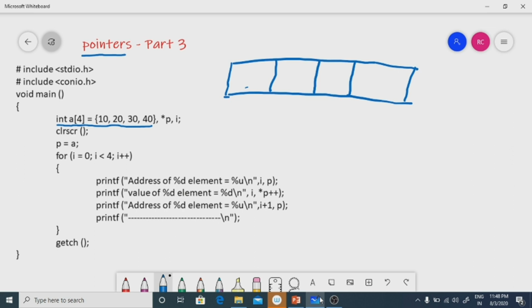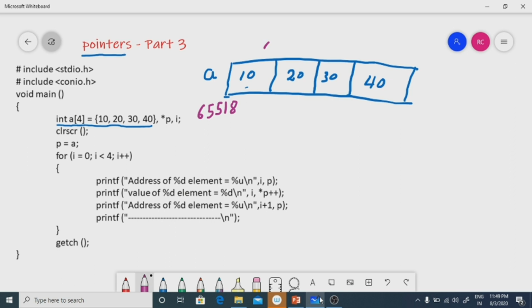Here this is array A, and here 10, 20, 30, and 40. This is the starting address. I take the starting address as 65518.